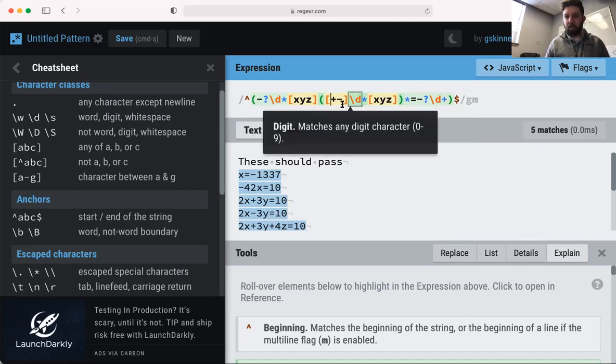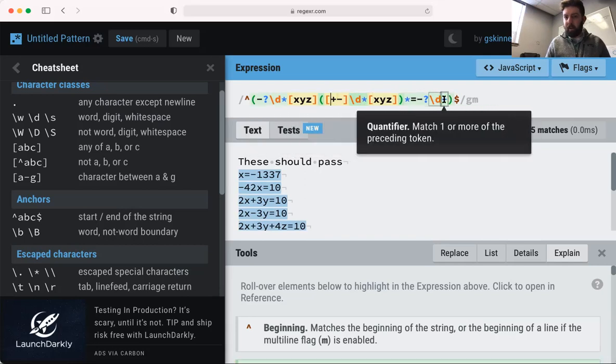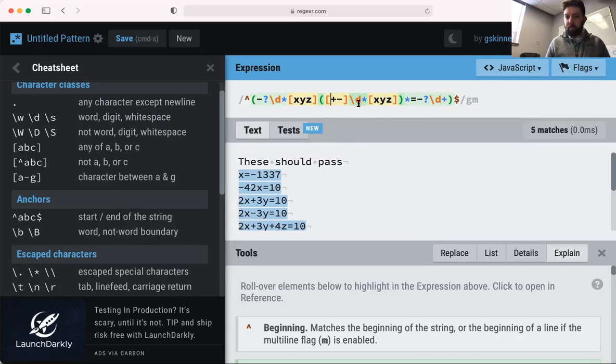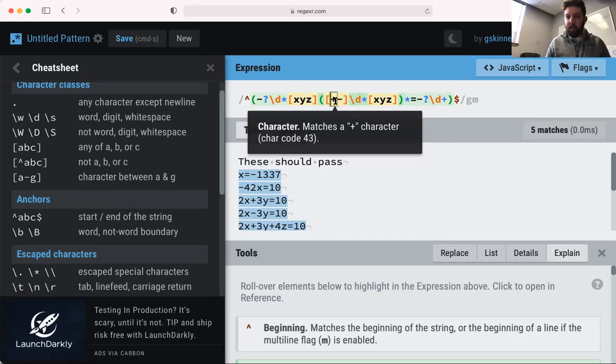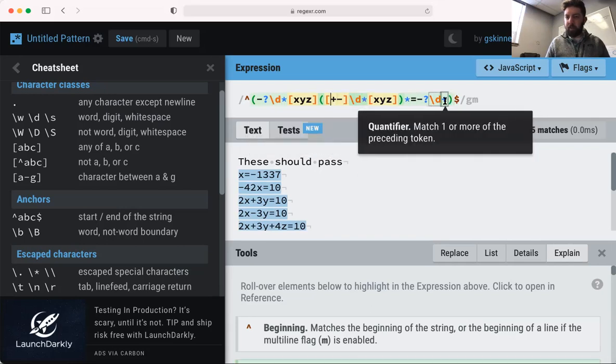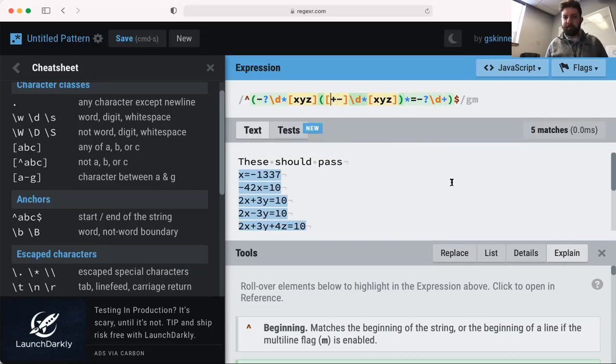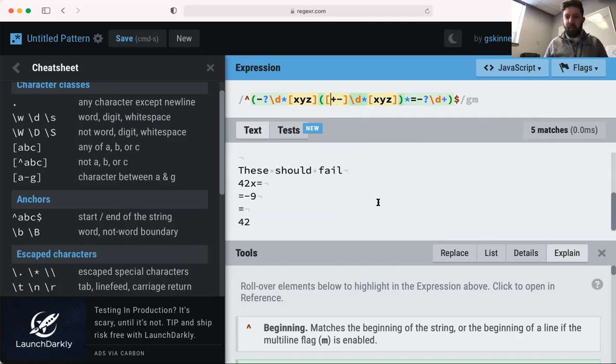Cool. It's also nice because you hover over it, and it says it matches the plus character, whereas over here it's saying matches one or more. So you can know whether it's talking about the literal plus or this extra little quantifier plus. Sweet. All right, so that does pass with what it's supposed to,